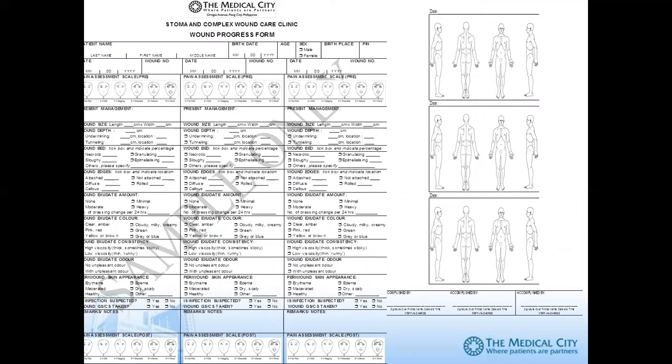For our patients in the hospital, you can see that it's very easy to fill up. You just have to tick the boxes. No need for long narrative documentations. And there are different images of the patients, front, back, sides, wherein you can just put a mark onto where